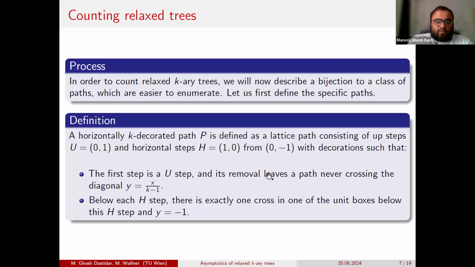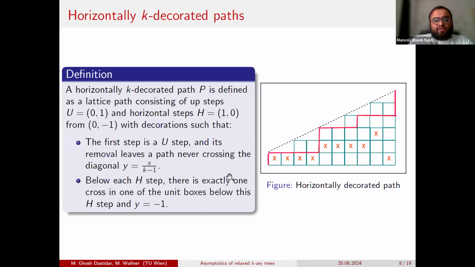So how does it work exactly? The first step is always an up step. And if we remove it, we create a path which never crosses the diagonal y equal to x by k minus 1. Below each horizontal step, there is exactly one cross in one of the unit boxes below this horizontal step and y equal to -1.